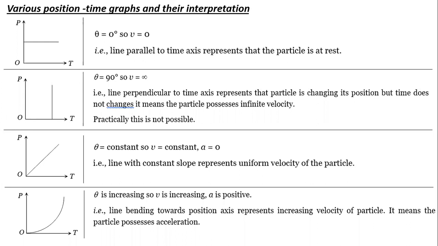Okay, someone is telling me that the fourth graph is a type of parabola, so we can define the acceleration as uniform. But still, since no values are specified and no curve equations are defined, I cannot comment on acceleration. But yes, velocity is changing, so I can define it for velocity, because in a position-time graph, the slope defines the velocity more particularly.